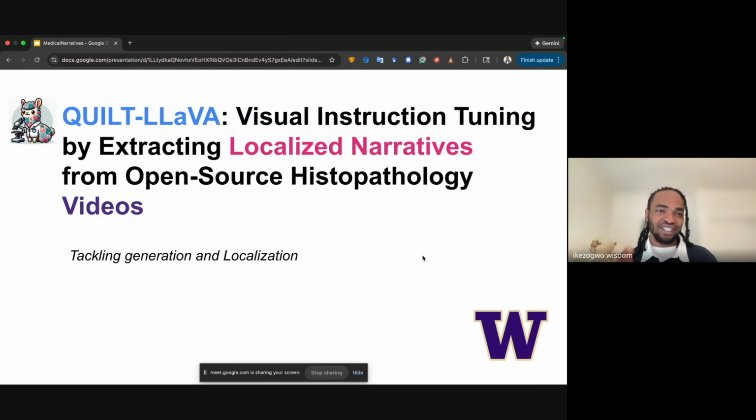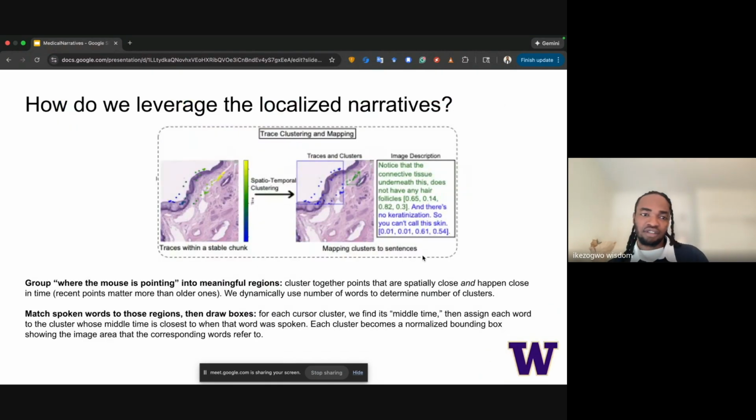Quilt Lava was released at CVPR 2024. Medical Narratives was released at NeurIPS 2025. Essentially, Quilt Lava leverages low to high level textual data, all localized to regions of the images, to tune a vision language model, enabling spatially grounded medical text generation towards image captioning and diagnosis.